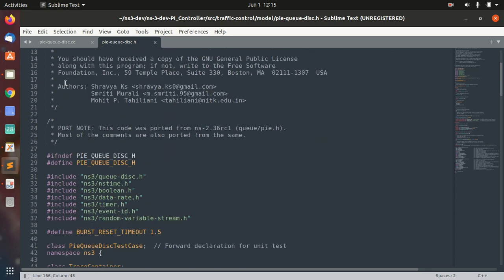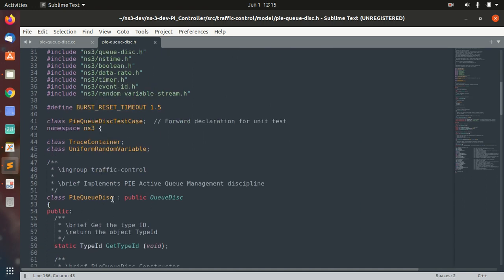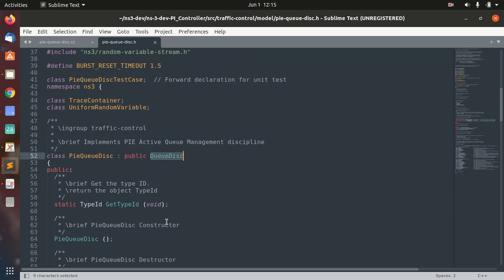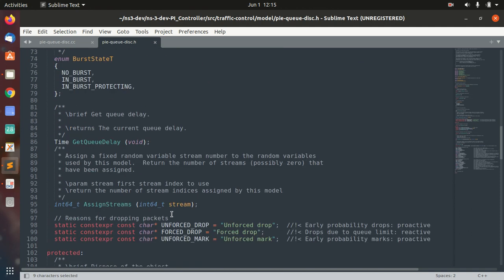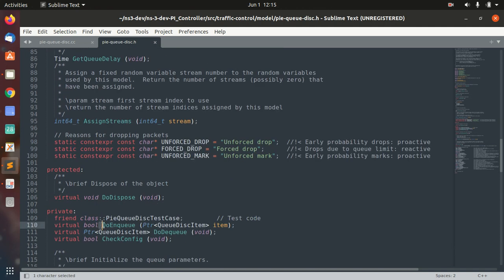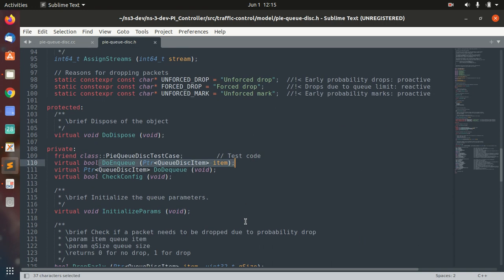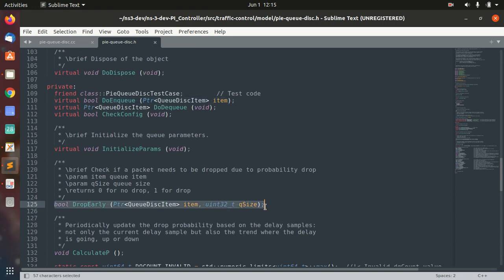To implement the PIE queue discipline algorithm in NS3, it creates a class PieQueueDisc which inherits the QueueDisc class. It has several methods, out of which some of the popular ones are the DoEnqueue method. When an item or packet is entering the queue, it calls the DoEnqueue function. It decides whether to keep the packet or to drop the packet. For that, it takes the help of the DropEarly function. This DropEarly function returns true if we need to drop the packet, or it returns false to enqueue the